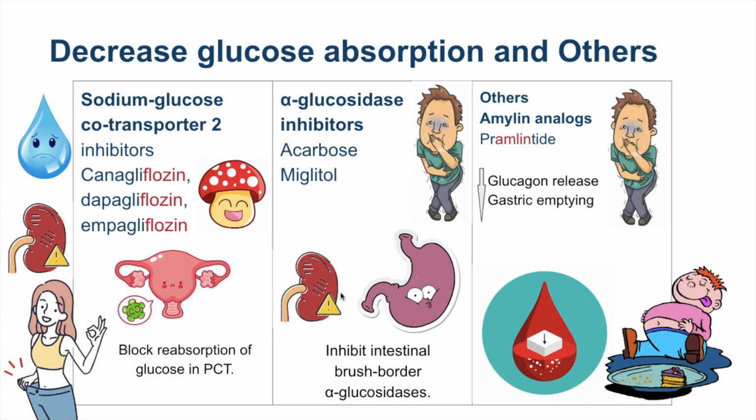And the last group is Amylin analogs, which decrease glucagon release and decrease gastric emptying. And subsequently, if we decrease gastric emptying, we will increase the satiety feeling, which is often desired, and we can have nausea and vomiting. And additionally, this group can cause